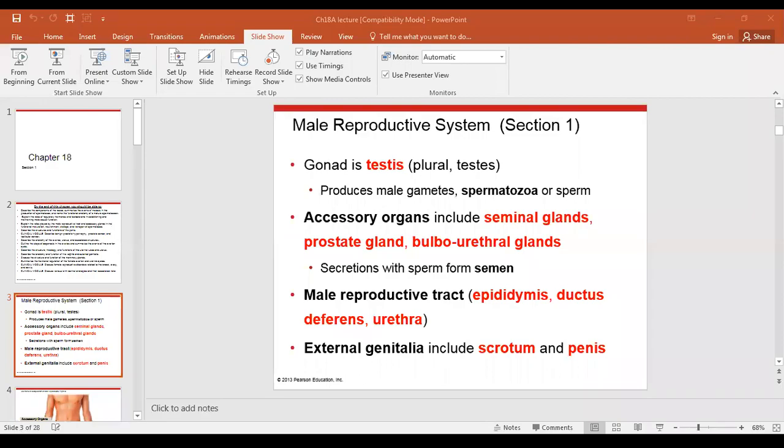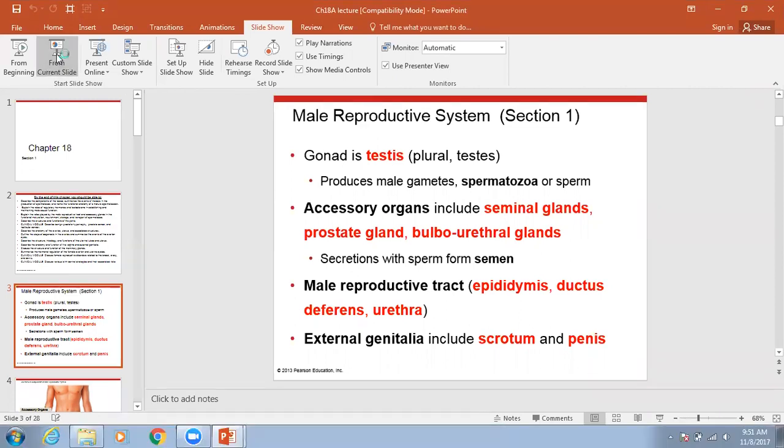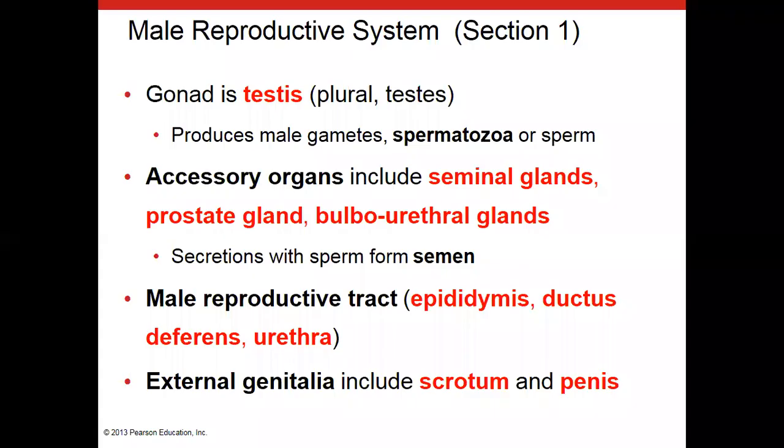Okay, so let's talk about Chapter 18, the reproductive system. We are going to start with male reproductive and then head into female. So let me get this up and running. There we go. So basically, we're going to go through the major structures of the reproductive system, starting with the